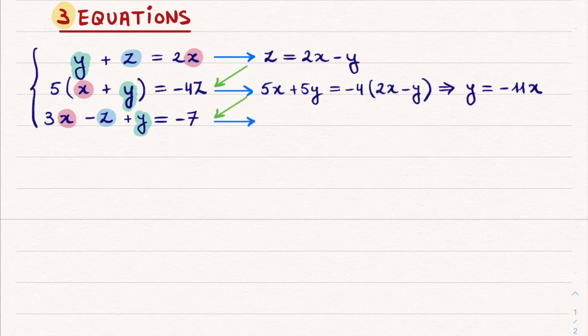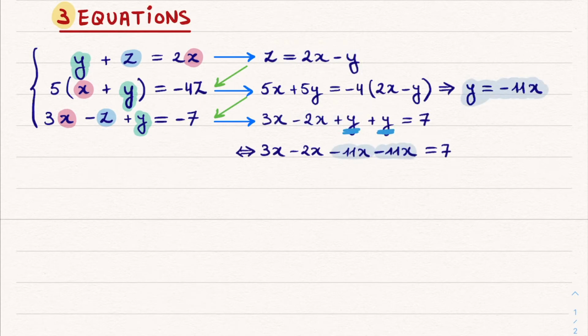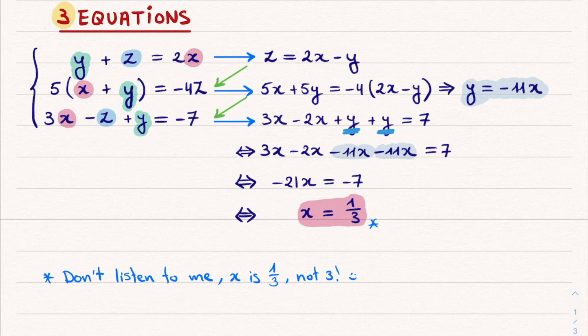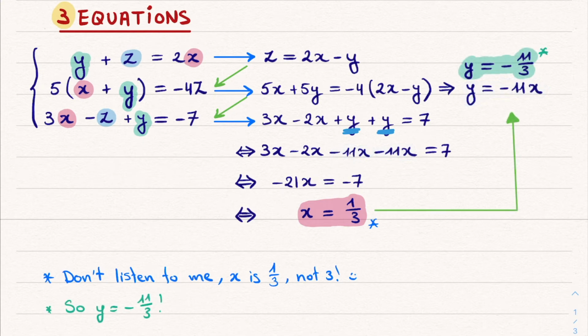Moving down again to the third equation, we first eliminate z by substituting 2x minus y, and then we eliminate y by substituting y is equal to minus 11x. This results in an equation in which only x occurs, and it can be solved to find that x is equal to 3. Then, having our first solution at hand, we can work our way back up again, finding y